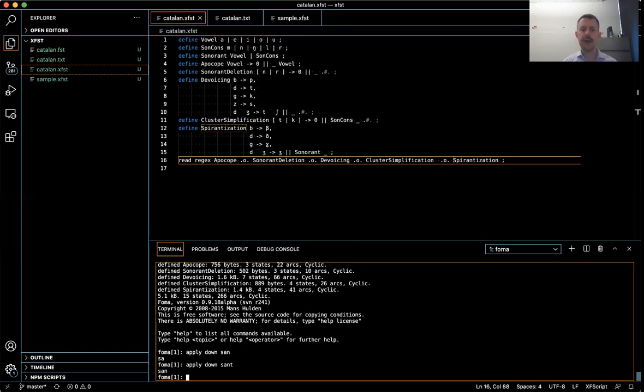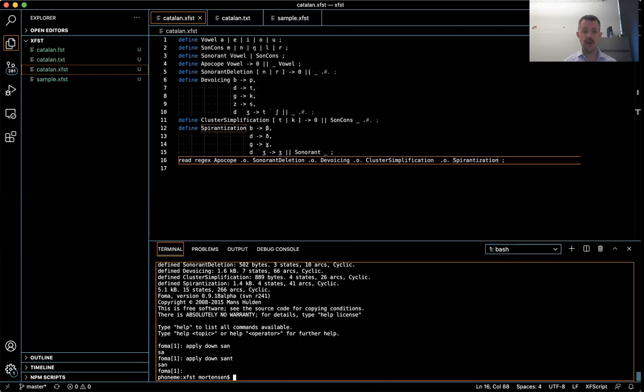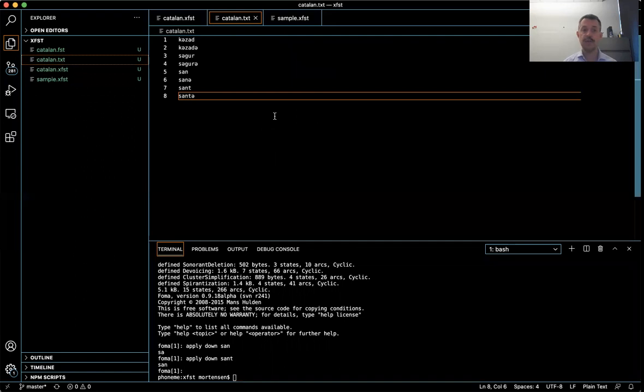So sometimes you actually want to deal with a large amount of data, and you don't want to retype it every time. So just as an example, I've given here a few forms, the underlying representations that we have proposed for a few of the Catalan words